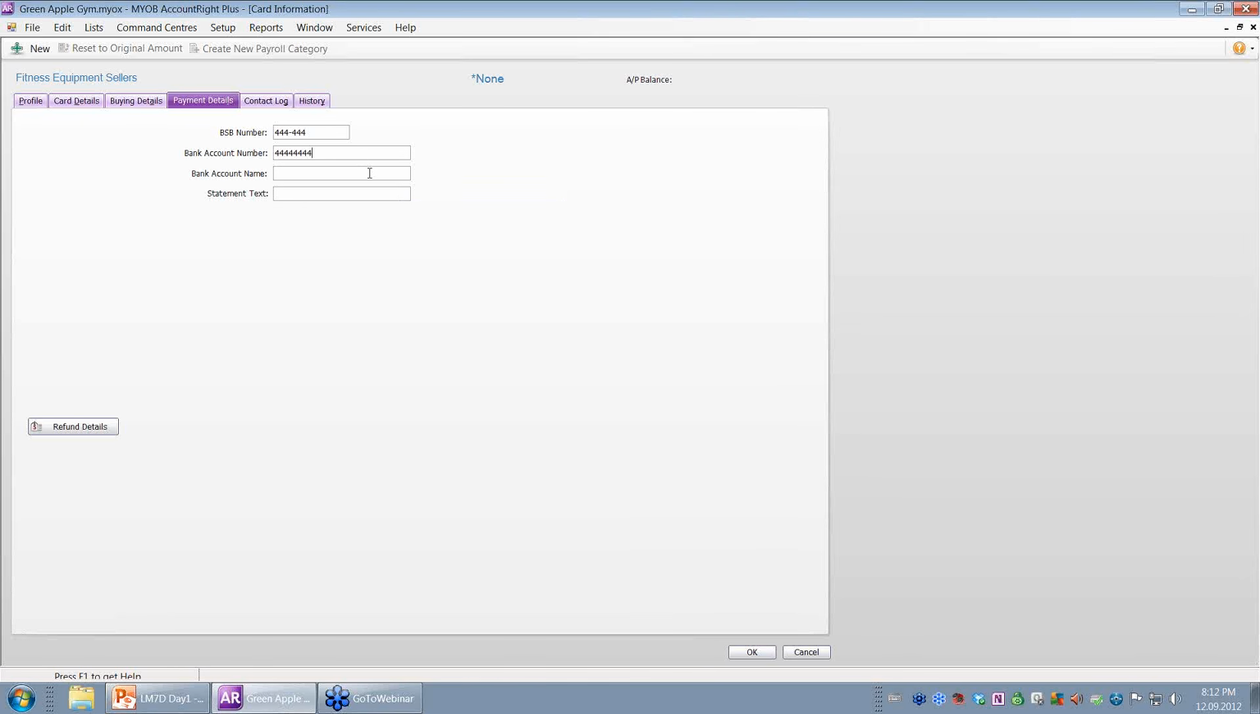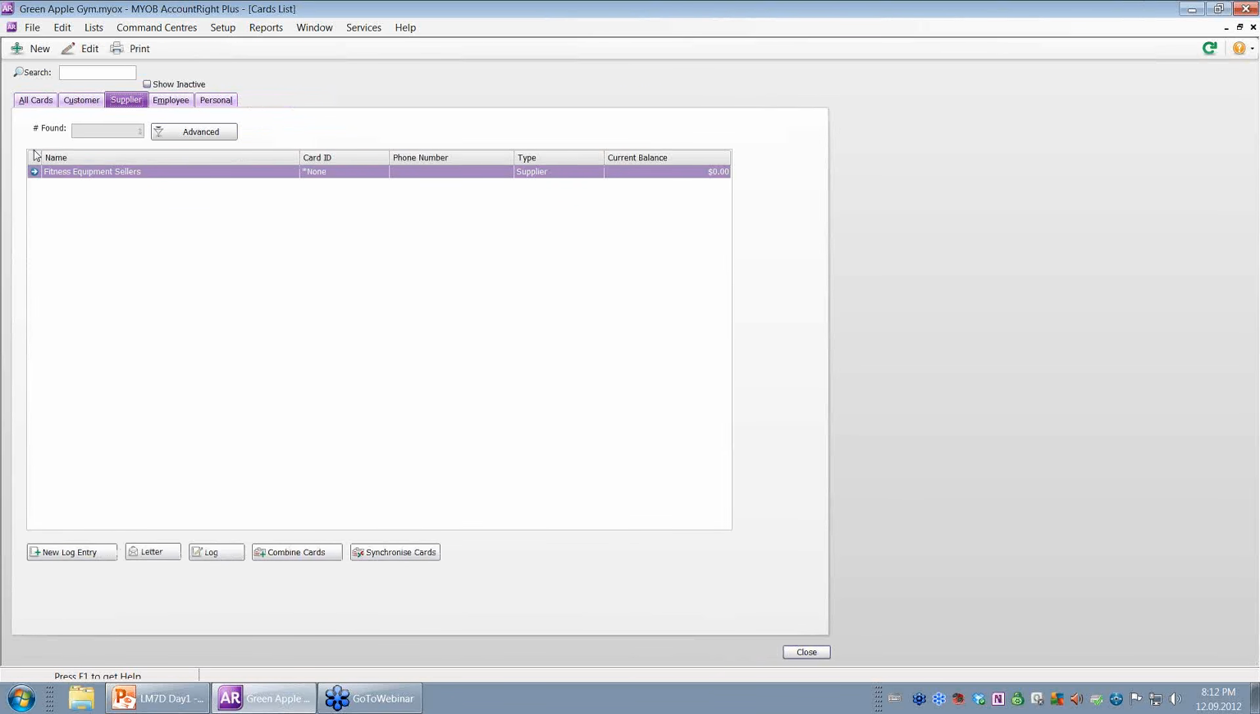4444444. And again, we put in here bank account name, Fitness Equipment Sellers, and we put here Green Apple Gym, so when we actually pay them, it says Green Apple Gym. And we're going to click OK. Fantastic. So if we look at all cards, we have 2 cards sitting there, one under customer and one under supplier. On page 55, it actually gives you an indication to go and create that card, which we've